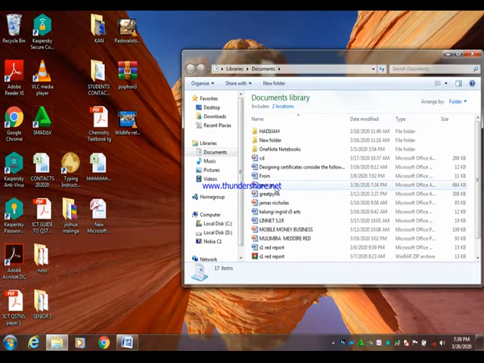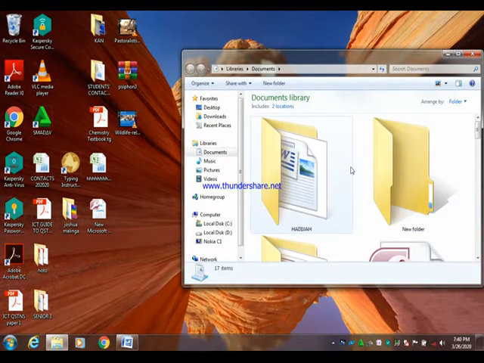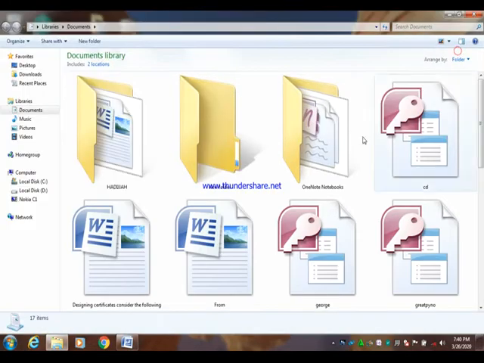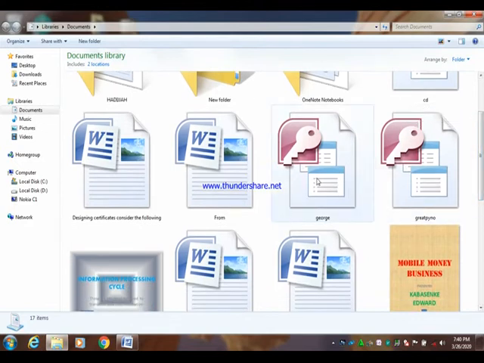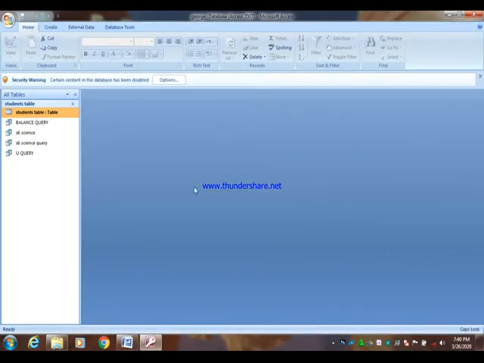For this case, let us take George's file, whereby George had saved a database file. George is here. The moment you double click on it, it has objects that make up this database file.